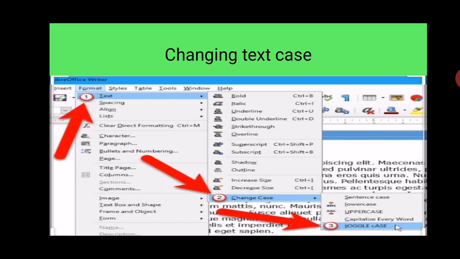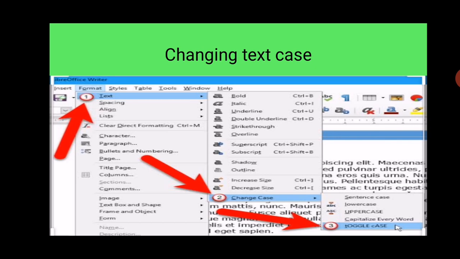Next is header and footer. Header and footer are used basically like this: the header is always at the top of your document in the working area, and at the bottom it always shows the footer area, which is known as the footer area. You can use any kind of picture, page number, or date in your header and footer. Both parts are here.